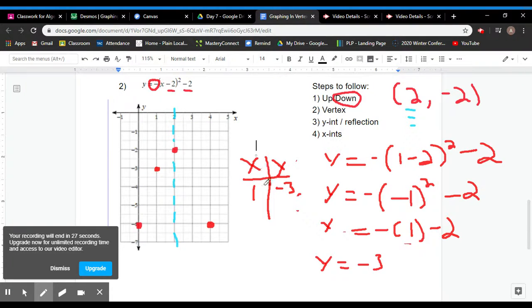Now you could choose another X point to find another value for Y, or you can use the same thing you did for the y-intercept and its reflection point. So look, I have a point at (1, -3). Count the distance to the axis of symmetry, which is 1, and then go 1 more on the other side, and there's my parabola. So that's how you do it when you have no